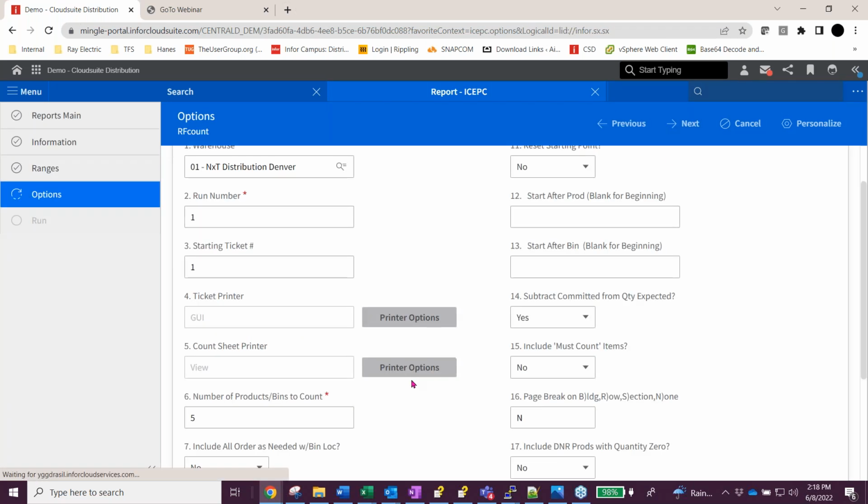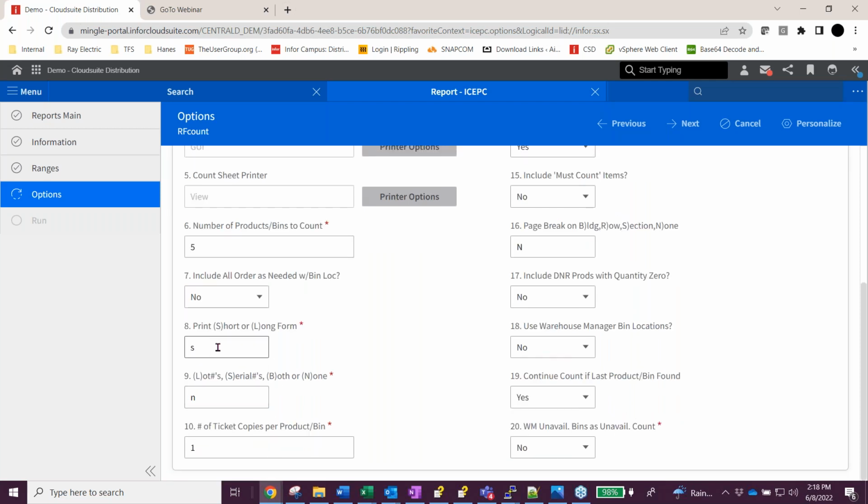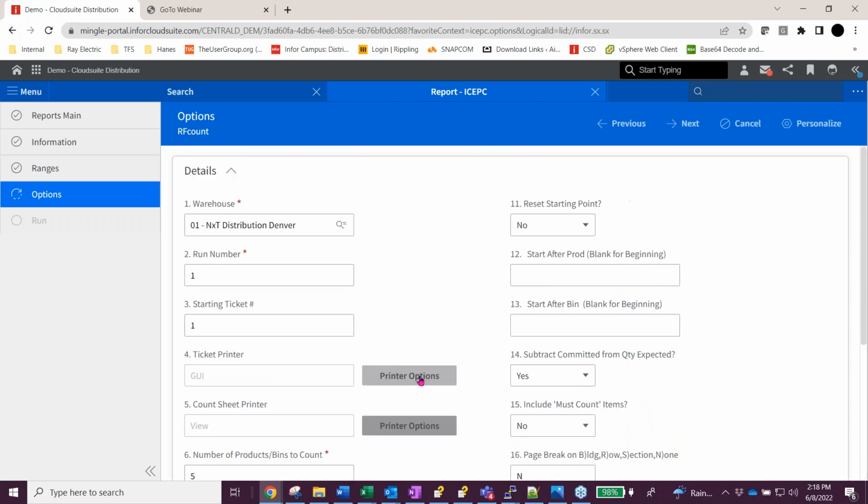I'm going to count 5 products. I'm not going to include the order as needed. I am going to print the short form. Lots of cereals I chose no. 1 number ticket per bin, which is the ticketing system. Reset starting point. So you can reset the starting point in ICSD if you want,